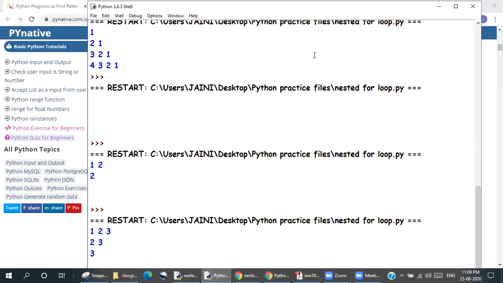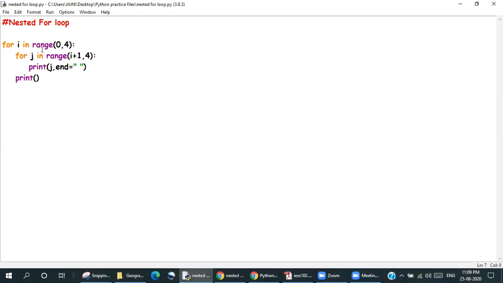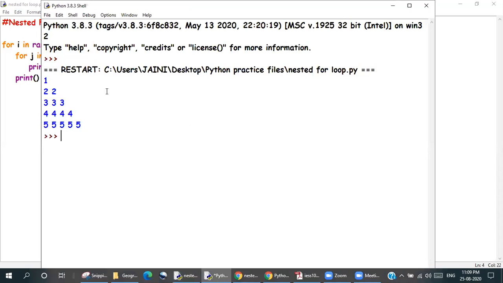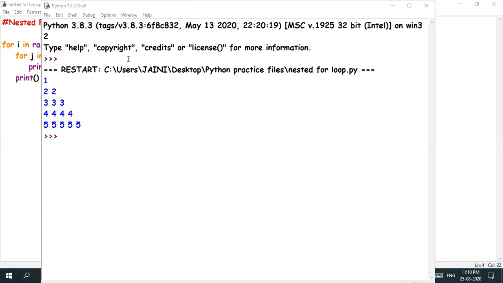That means if I have my first loop over here, I, and let it go to 6, and let's start from 1. So over here, I'm just going to print the value of I. And let this be starting from 0 to I, which is fine. So let's run this and see: 1, 2, 2, 3, 3, 3, 4, 4, 4, 5, 5, 5. Now, how did I get this? Let's understand what my thinking was and how I settled on this code.